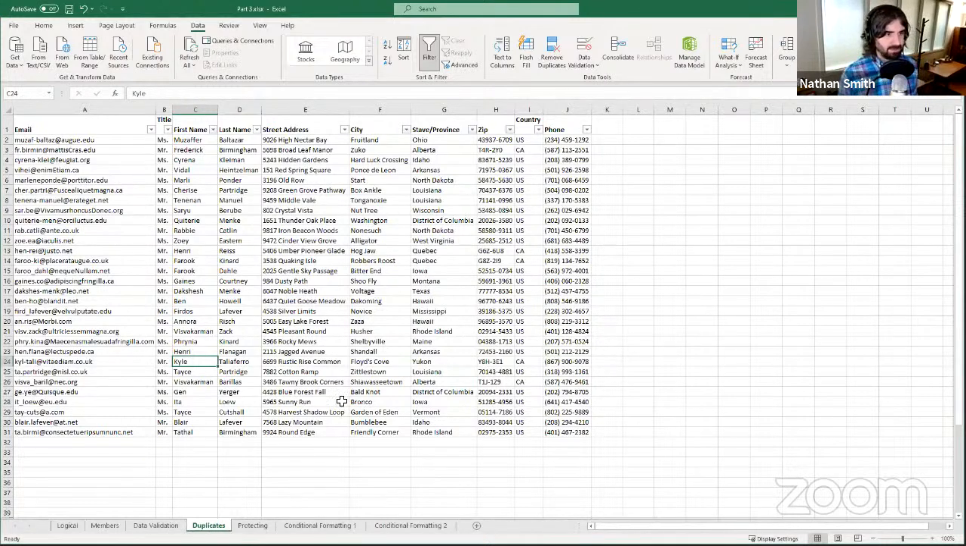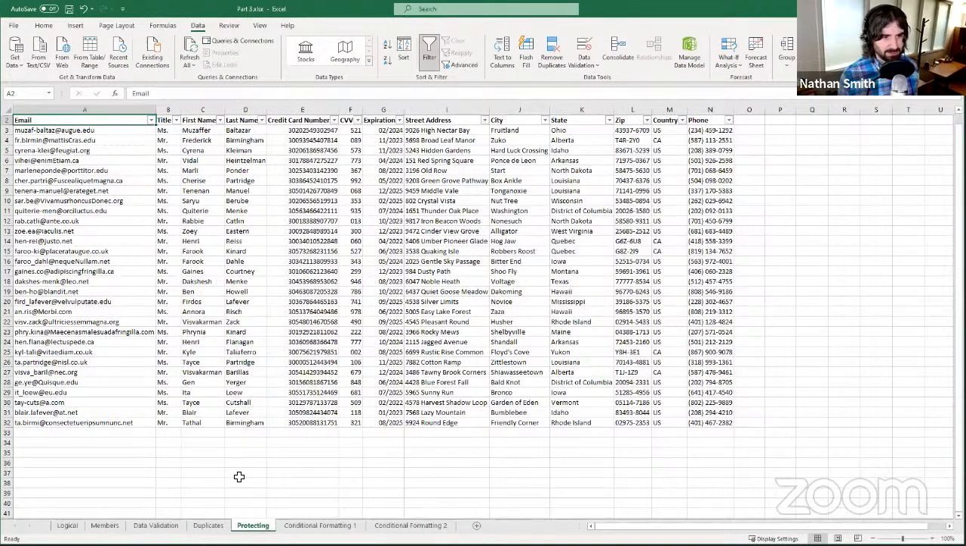Okay, let's talk about protecting parts of a workbook. So I'm going to click on protecting down here, this protecting sheet, and we're going to take a look here at this. Now,